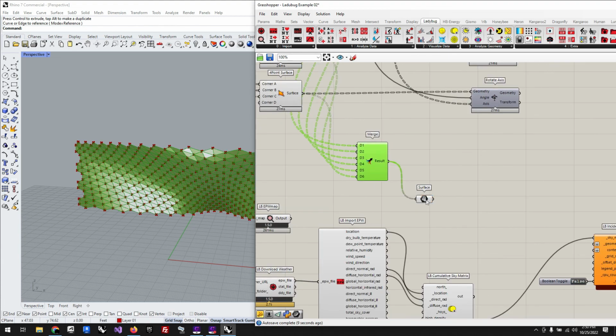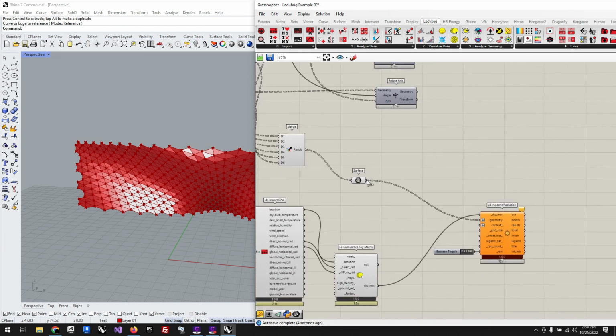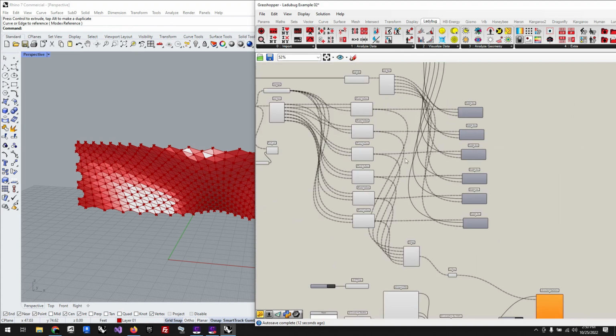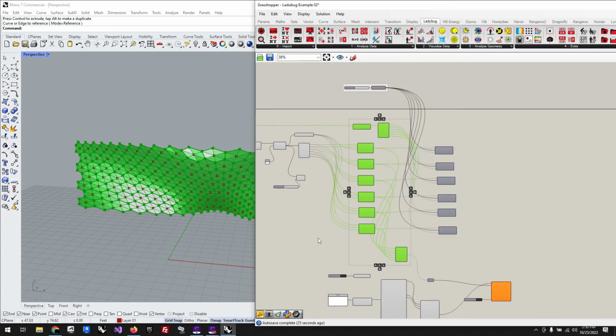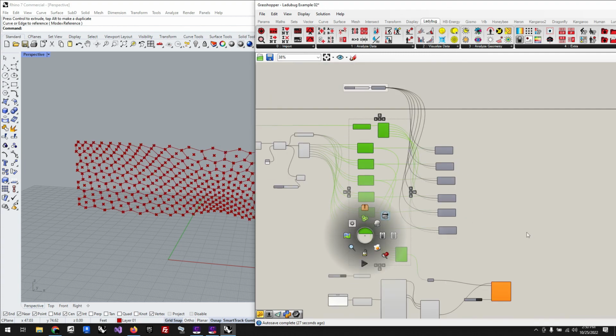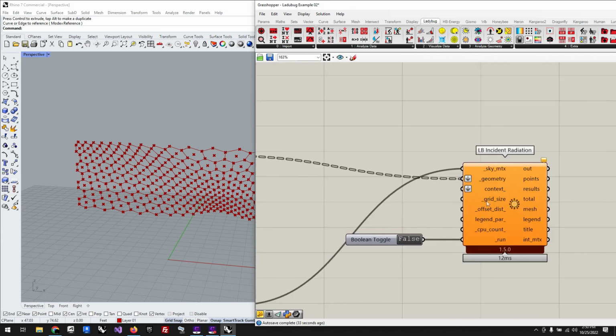So now I can bring these into my surface. This is my geometry. Actually, I don't think I have to put that in for context. The next thing I'm going to do is hide all of this so that I'm not getting a whole bunch of annoying double set. And then for grid size,